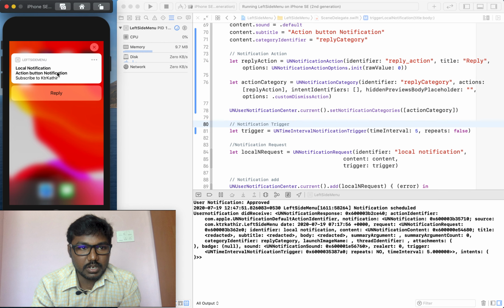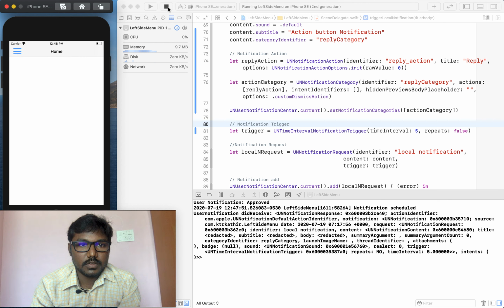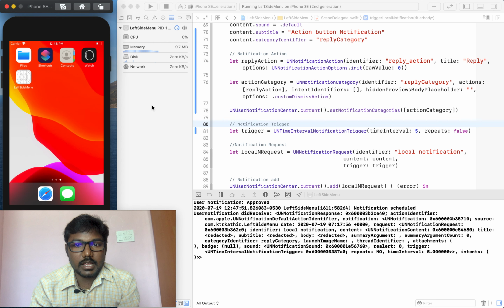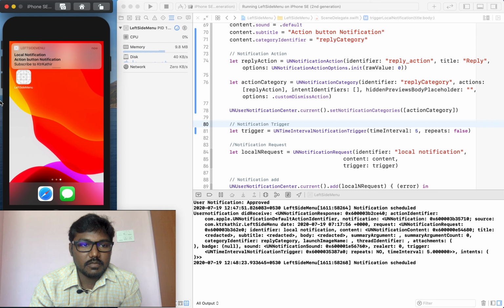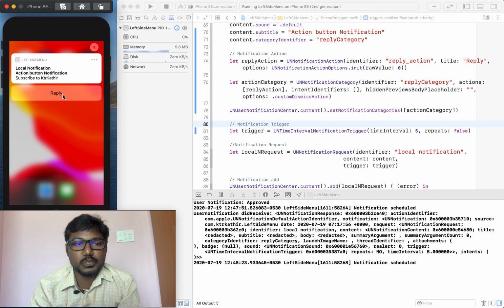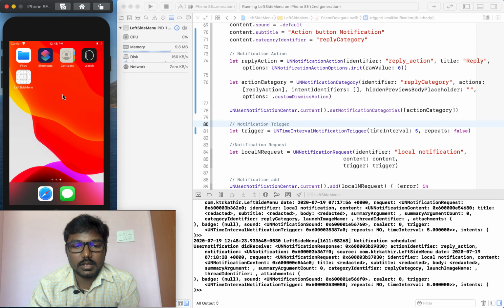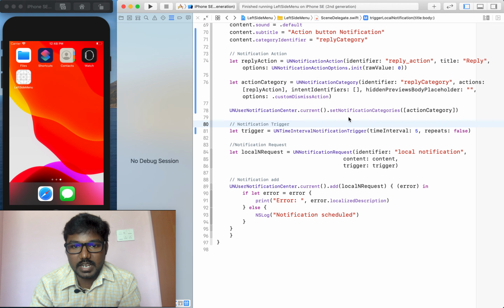When we tap the notification, we get only the notification content itself, as well as when we tap the notification action, that's the reply action, we have to get the value for which button the user tapped. So we have to handle that notification action handling.